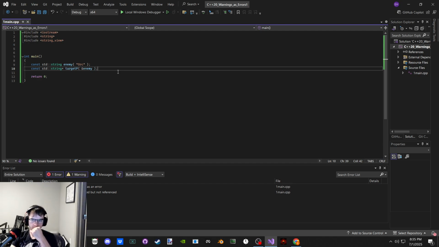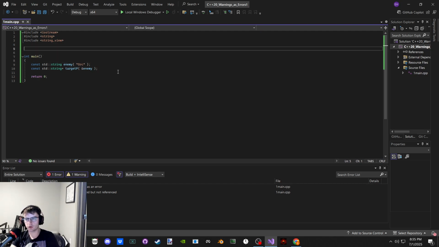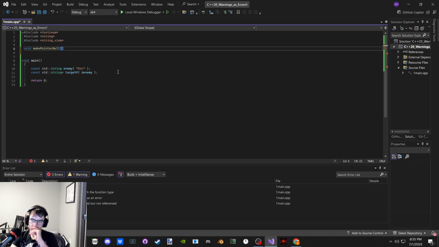What am I doing here? I could just say function void make pointer null, and we take, make target null I guess, and it takes a reference to a const standard string pointer.